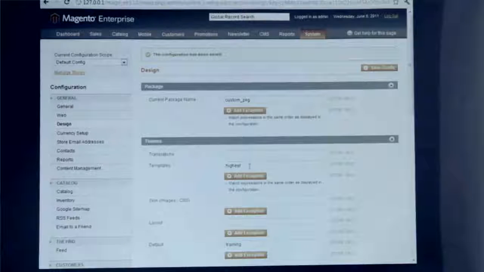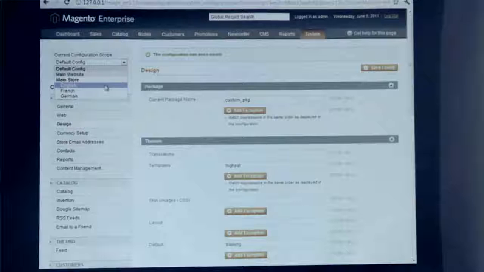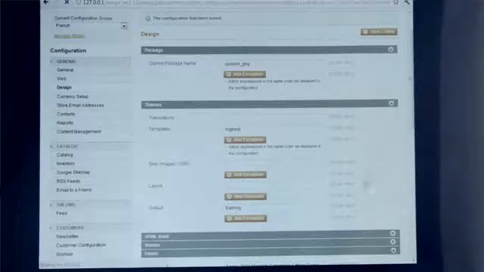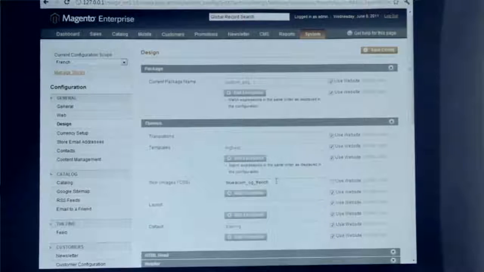So if I go back here, right now the system's looking in custom package highest, custom package training. I could go into my French store, and you'll see these values are mimicked here. They're not actually specified here. But I could uncheck this and put custom here, and then for my French store,